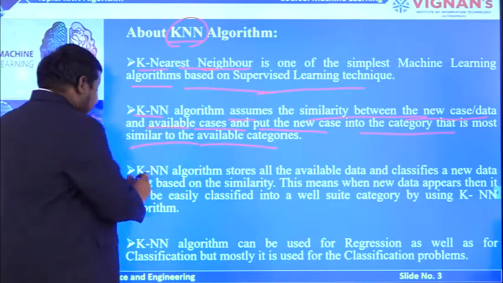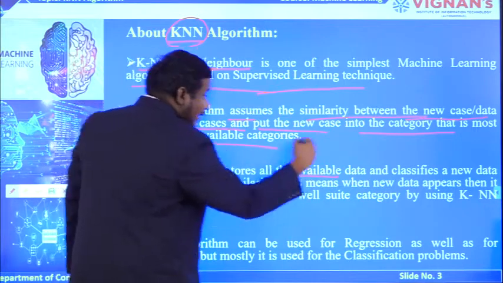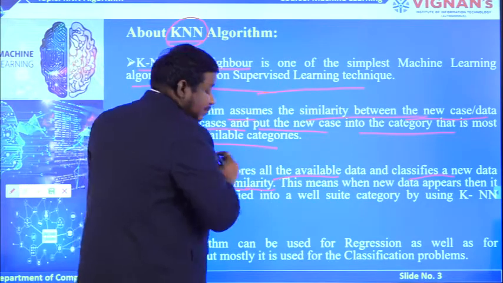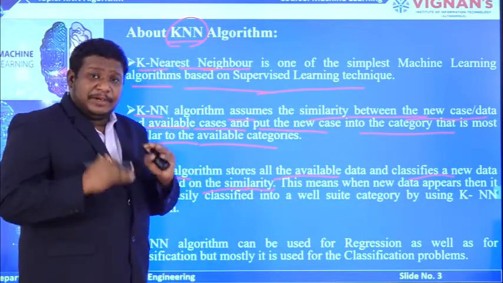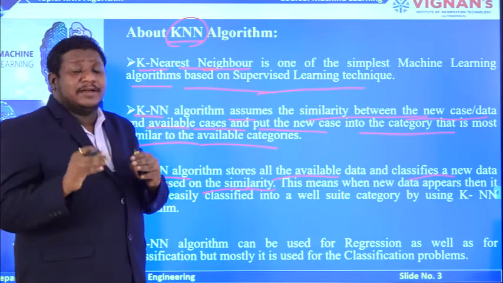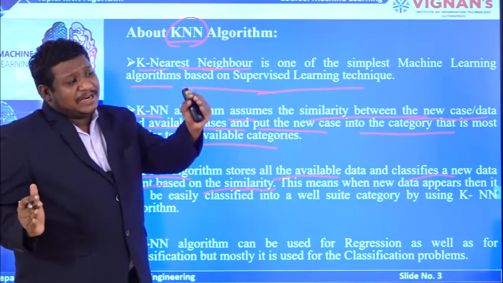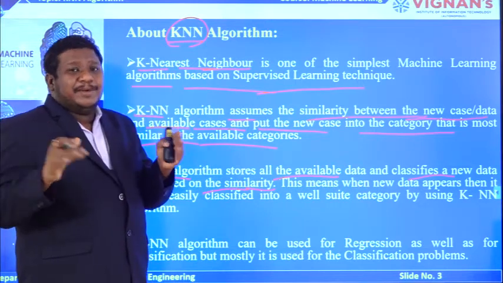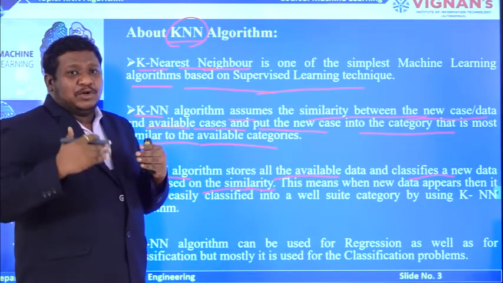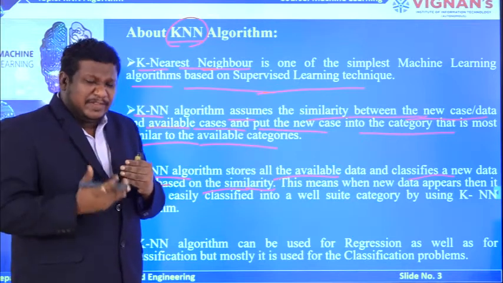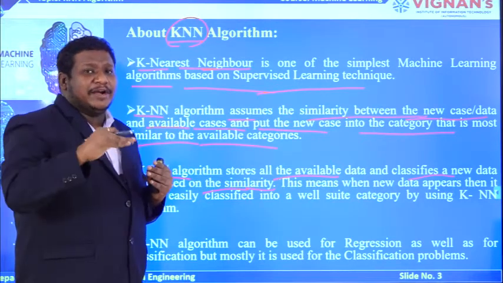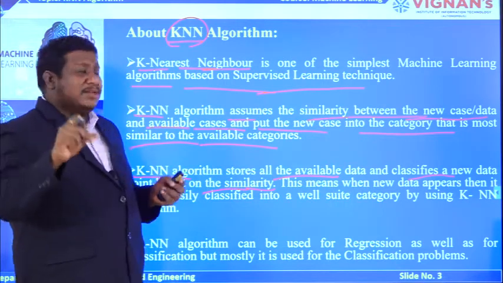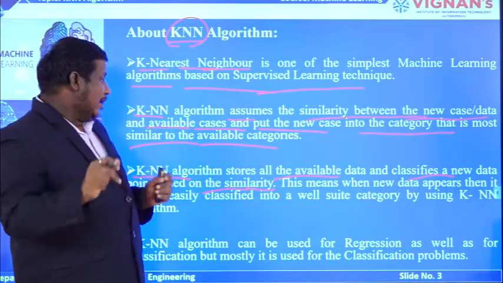See, the KNN algorithm stores all the available data and classifies a new point based on the similarity. So it is already storing the previous data, and whenever you get a new data point, it is going to compare it with the previous data and classify based on the similarity. To what extent the similarity is there between the existing data set and the new data point you are currently dealing with, that is the main thing you are implementing in this KNN algorithm.